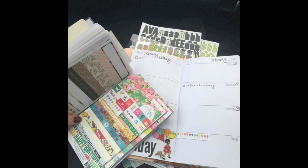I'm not the world's best traveller. I do tend to get a little bit bored when I'm in the car, but I do also get a little bit travel sick as well, so I can't read and I can't really look at my phone or anything like that. But I did get a few stickers out and put a few stickers into my books,